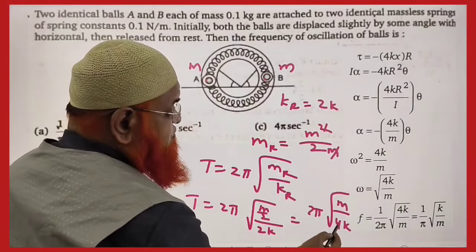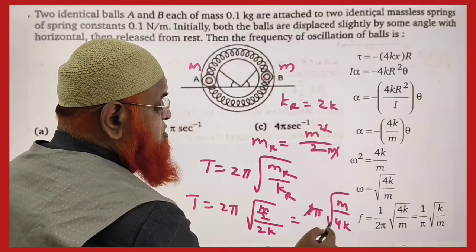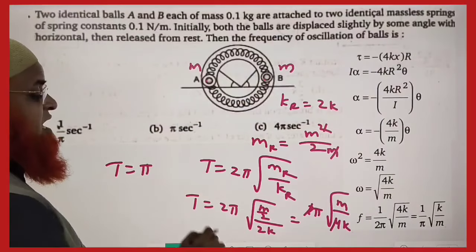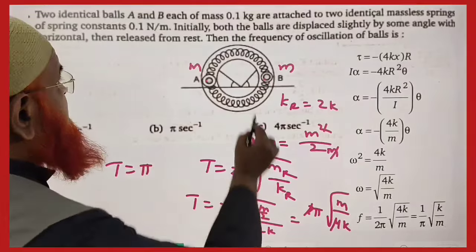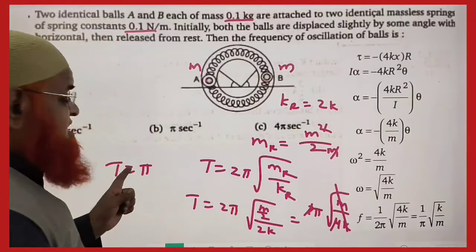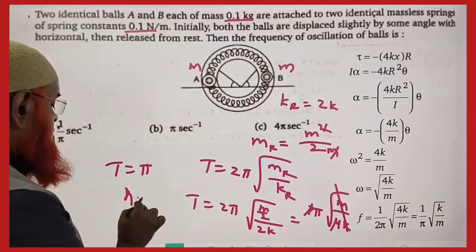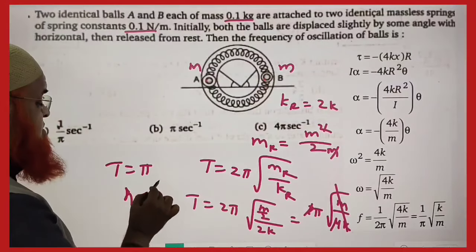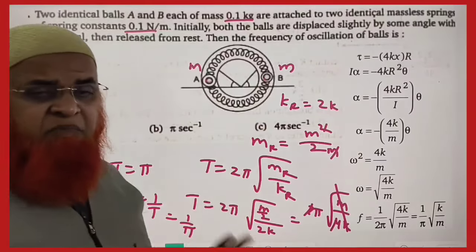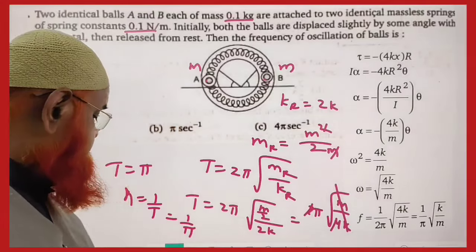ठीक है, तो ये 4 बाहर आ गया तो 2 कैंसिल, मतलब ये दोनों कैंसिल हो जाएंगे। अब देखो बचा क्या, टाइम पीरियड के प्लेस में π बचा, m/k क्या है, m भी 0.1 है और k भी 0.1 है, तो ये भी कैंसिल हो गए, तो बचा टाइम पीरियड π, तो फ्रीक्वेंसी हो गया रेसिप्रोकल ऑफ टाइम पीरियड, मतलब 1/π आपका आंसर है। बस सिंपल सा मेथड हमने अप्लाई किया, कोई कॉम्प्लेक्स नहीं।